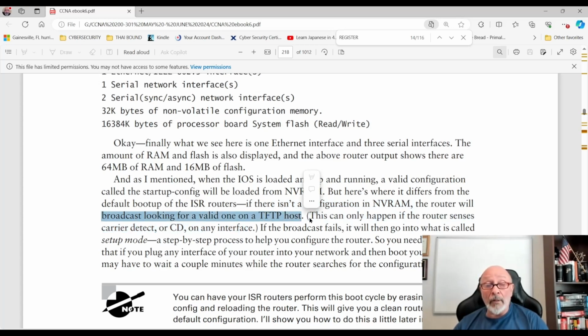The only reason that would happen is if the router senses carrier detect, meaning you have stuff plugged into the router, to your LAN or serial cables, or to another router, whatever the case may be. And if the broadcast fails, it will then go into what's called setup mode. So if you have a non-ISR, which I doubt anybody today has, it will send out a TFTP broadcast if it senses that it's plugged into something, looking for an IOS.